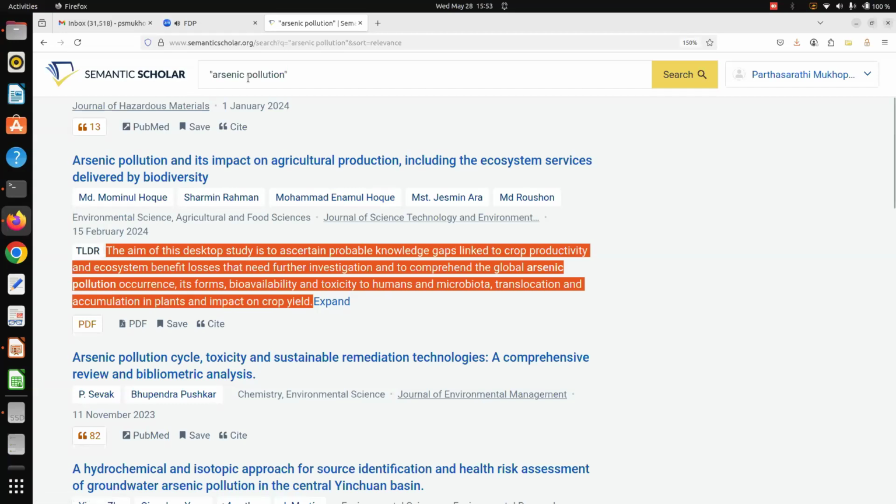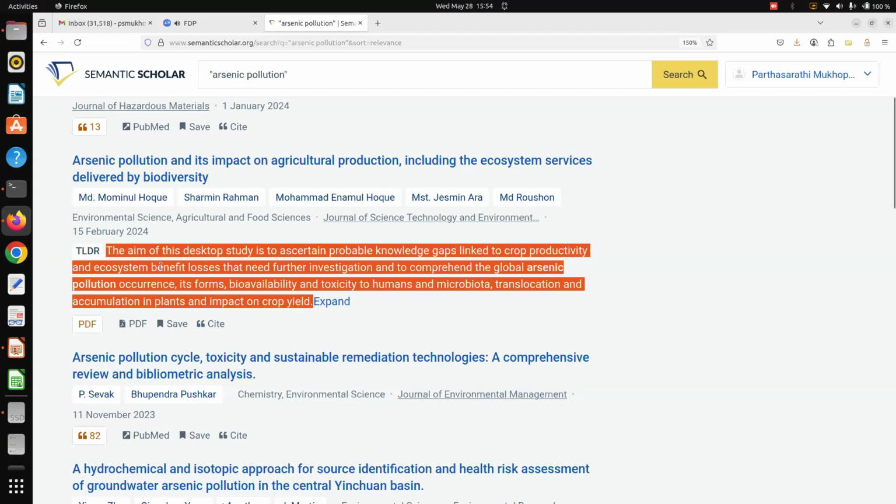You can still search by keyword, by phrase, by name of the author, but additionally, what your Google Scholar or Google generic cannot do, it can create a TLDR. TLDR has a funny name: too long, did not read. That means I don't want to read the entire paper or abstract, rather a machine learning algorithm based on this large language model. They are using GPT, of course GPT-3, so GPT 3.5 actually.